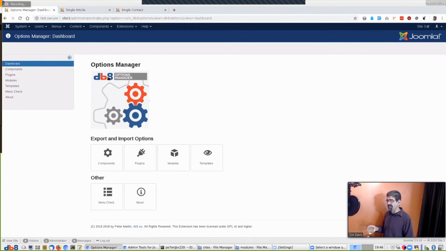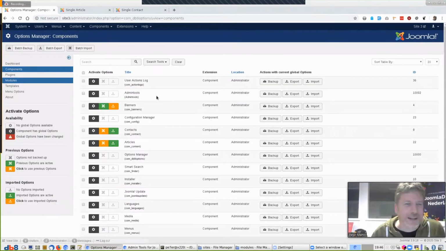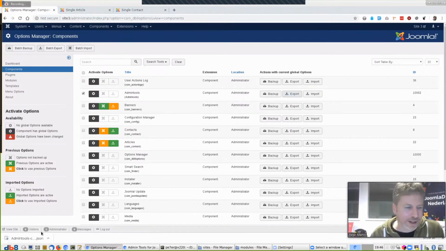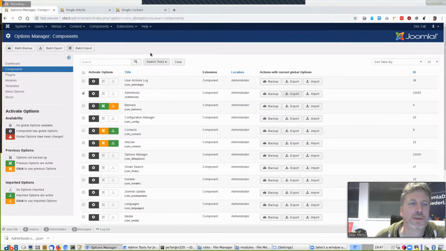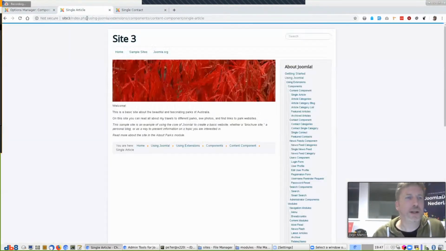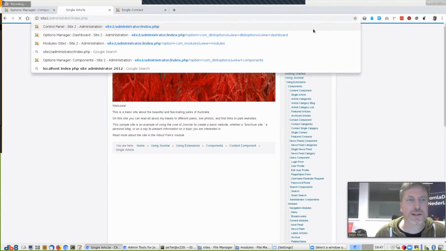You should change that, instead of view equals dashboard, so it's view equals... oh yeah. Admin Tools is here, so I can export the stuff. And if I look at the settings, I set the file threshold to 100. I did the file filter for robots.txt. So if I create a new website, or I do just version 2, administrator,